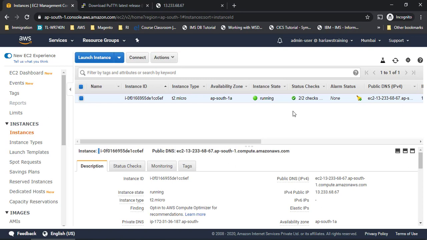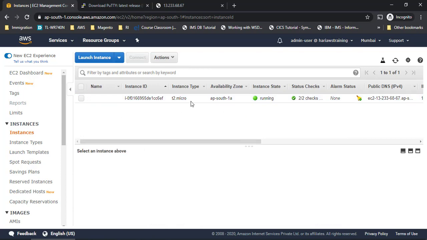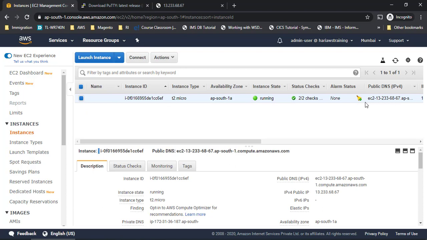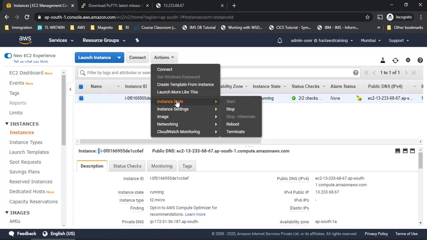So we have seen how to log into an EC2 instance and do some operations on top of it. Now we are going to clean up, because we have already created it, and we are going to delete, or terminate, the EC2 instance which we have created here. So to do that, just to avoid any extra cost, I'll select it and then click on actions. Then I can go to instance state, and there are different options here. I'm going to choose terminate.